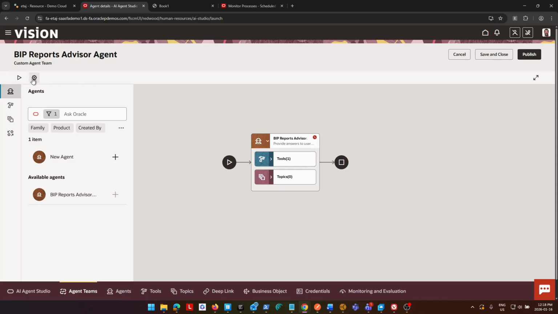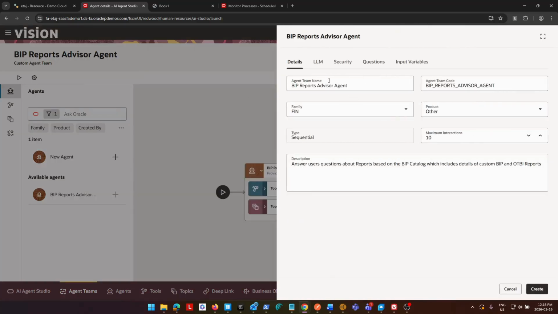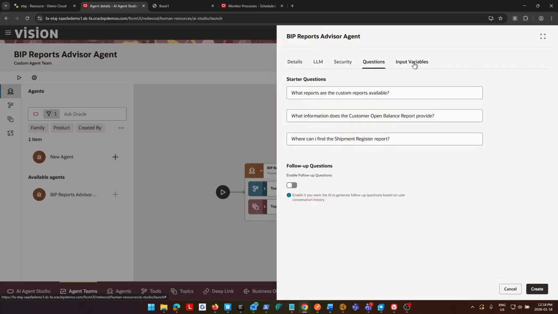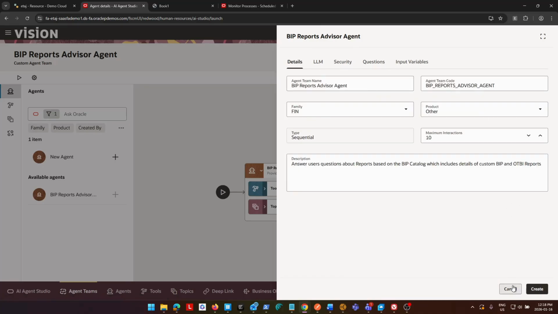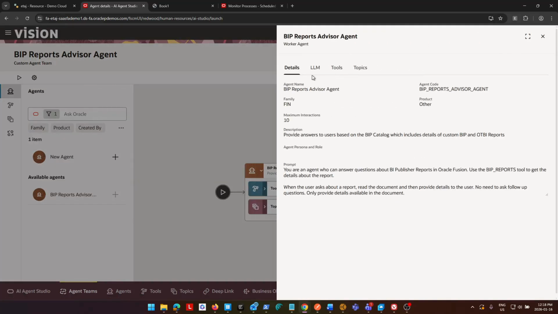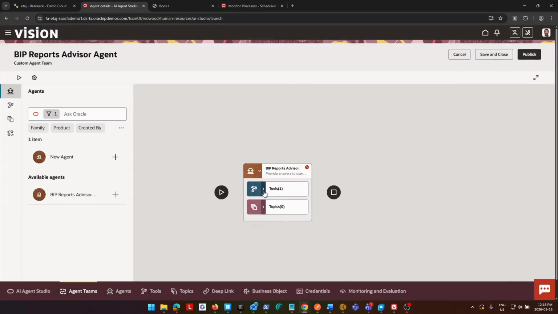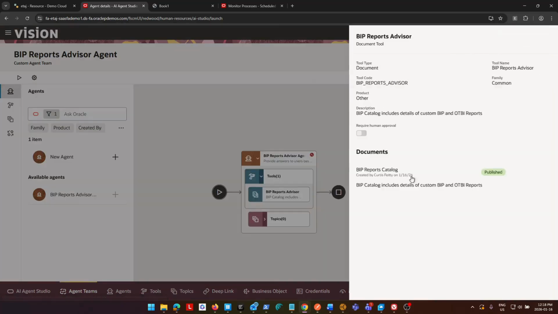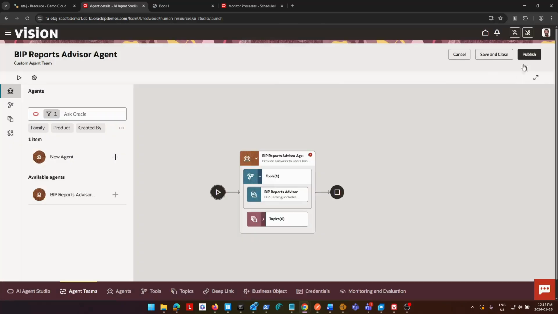Okay, so clicking on this settings icon will give you the details about the agent team. You can edit the details. Clicking on here on the view details, it shows me details about the agent. I can expand this. I can see the details about the tool itself. Okay, we don't have any topics, so nothing to view there. Okay, once this is done, we can now check this out, right? Whether it's working or not. So I'm going to click on